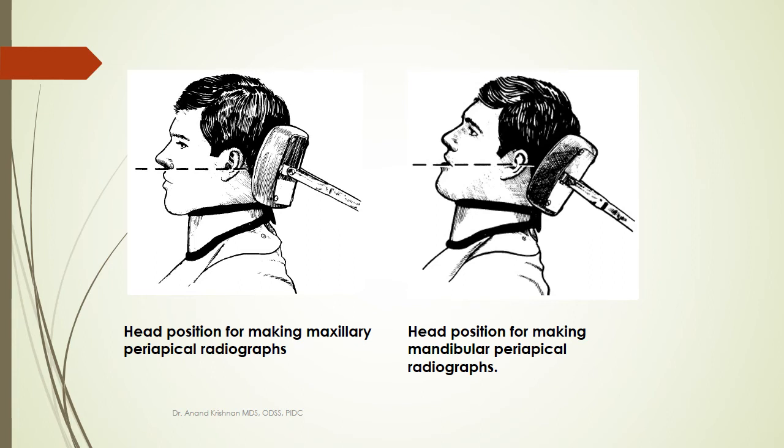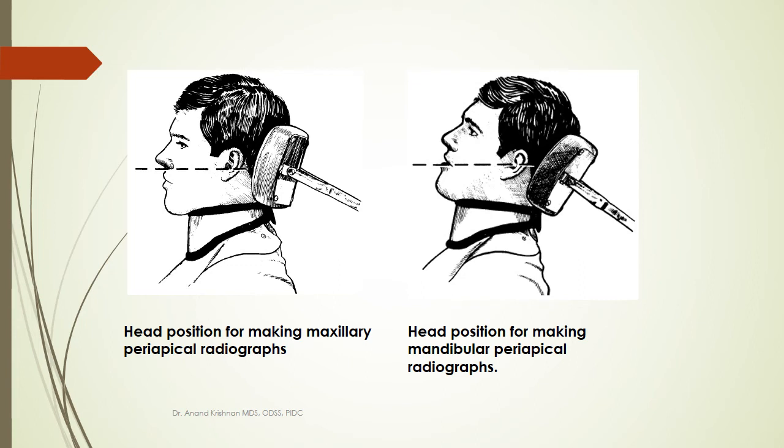But now once you open the mouth and you position this blade, and you look straight, you can see that the maxillary one will be straight, whereas if you place it along the occlusal line, the tongue blade will be facing downward. So to bring that downward, parallel to the floor or horizontal, when you tilt your head back for the mandibular, you can see that it comes horizontal. You can just try this, and when we do a demonstration, you can understand it even better.